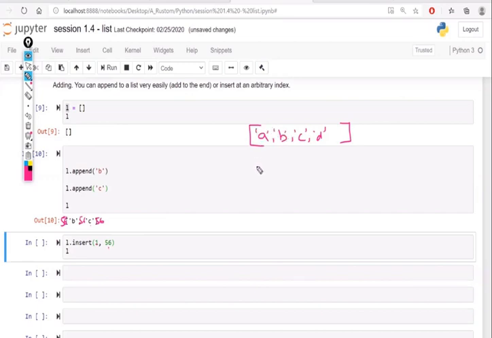If I want to insert, I have to give some location, right? If I just say append, what happens? It will directly add 56 here. Append 56 means it will add at the last, not in between. But I want to insert in between. Right now I have B and C, and if I want to add a data here in between, so that it should look like B, 56 and C.